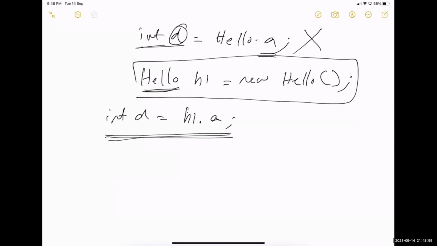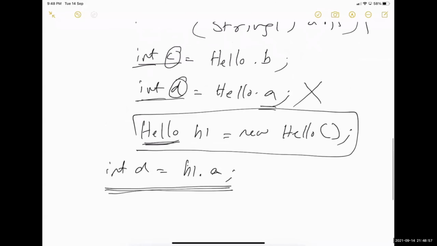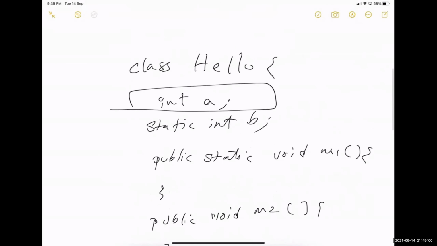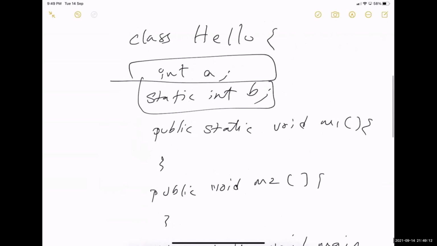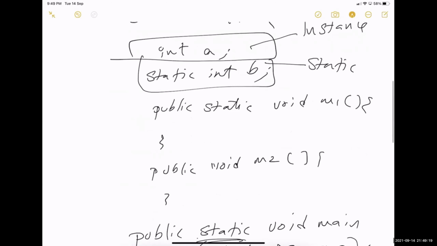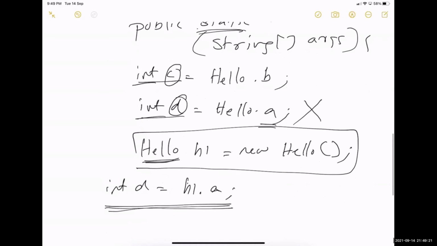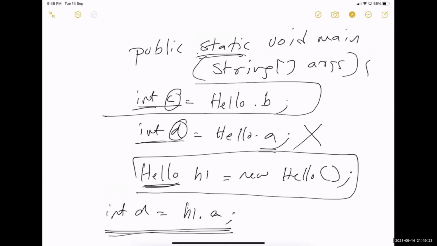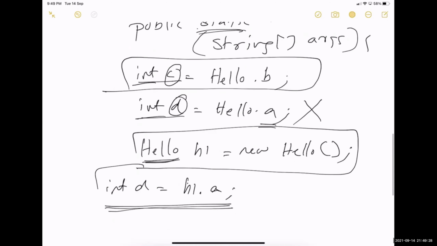It will print 0, because Java will give a default value to instance variables and static variables. So this also will have a value of 0. This is an instance variable and this is a static variable. Static variables you can call like this. For an instance variable, you have to first create an object and then call. Clear until now?